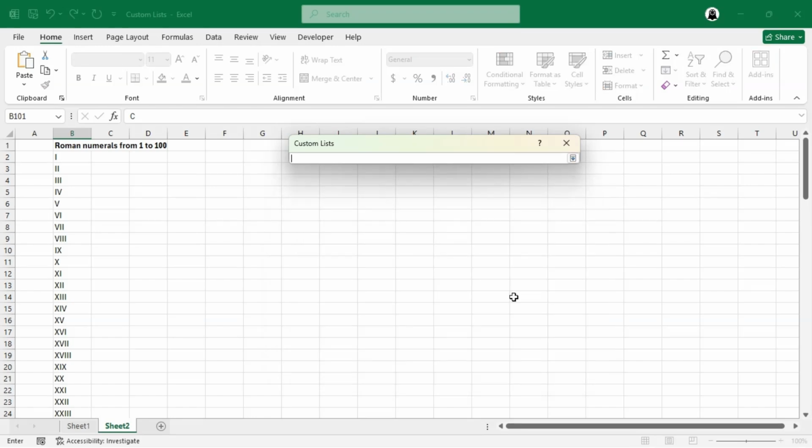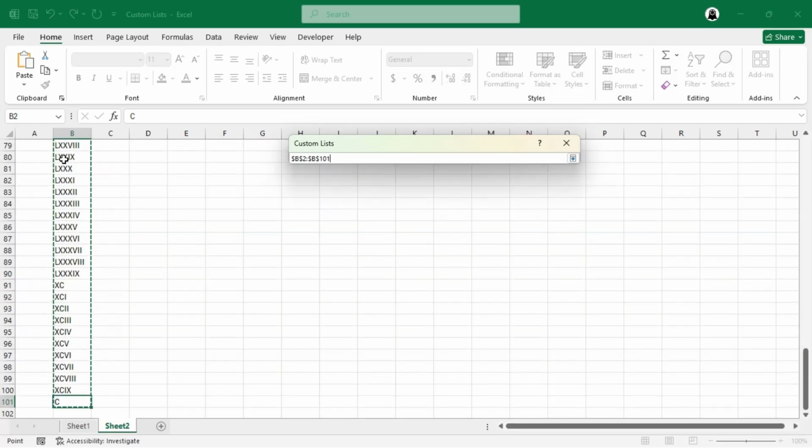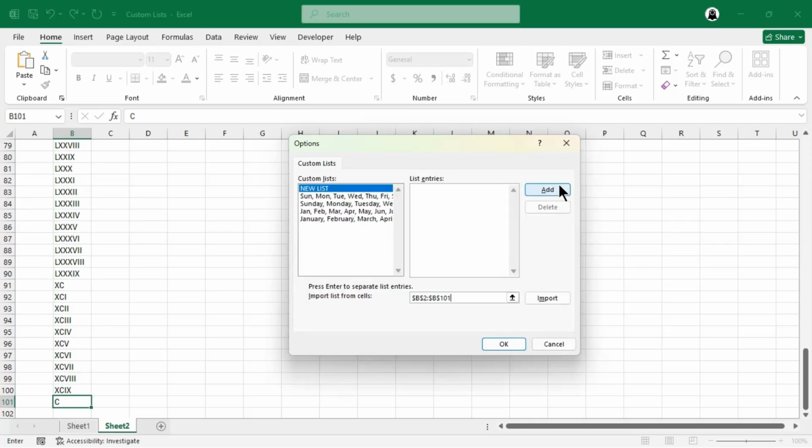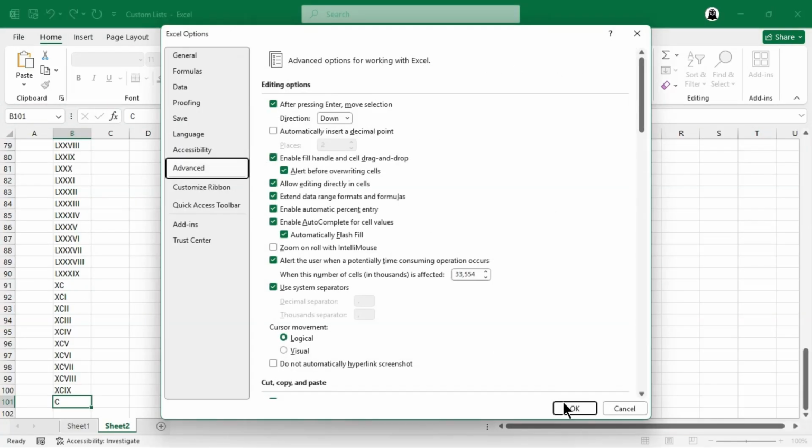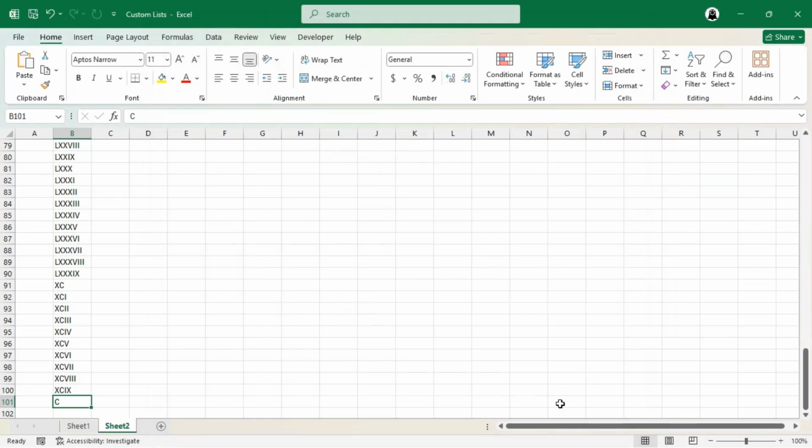If your list already exists in a worksheet, you can import it by selecting the cell range that contains the list. In our case, the Roman numbers list is already available on Sheet 2. We simply select the entire range and click the Import button. The list now appears in both the Custom Lists and List Entries boxes. Click OK to close the Custom List dialog box, and then click OK again to close the Excel Options dialog